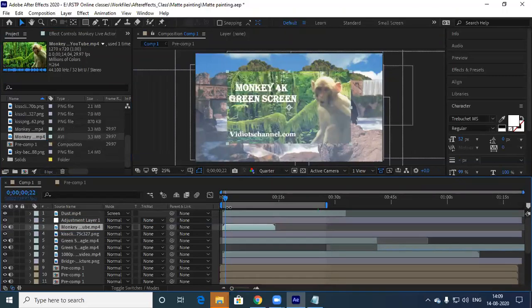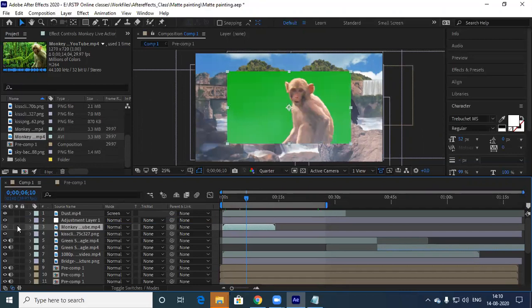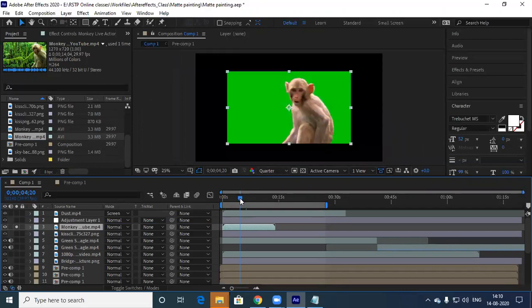I'm not going to do full screen for this, because all the elements, like this eagle and those things, should not be showing. You cannot do full screen for this.